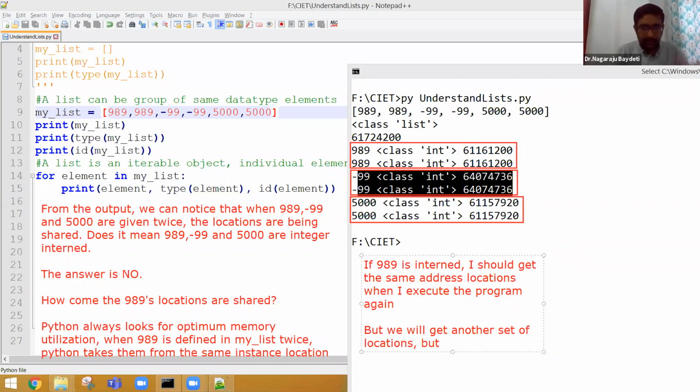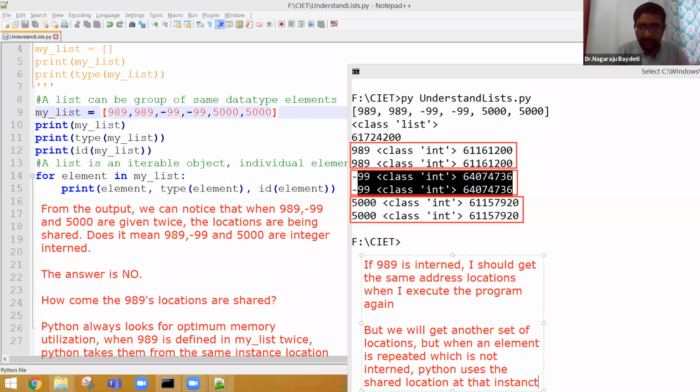But when an element is repeated, which is not interned, Python uses the shared location at that instant of time. That means the shared location may change at that instant.